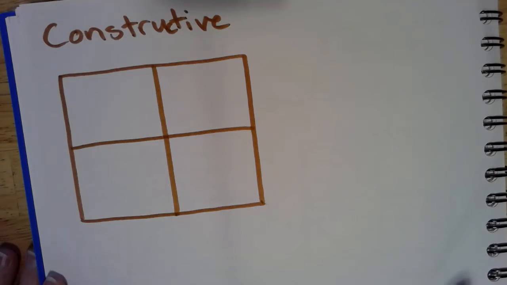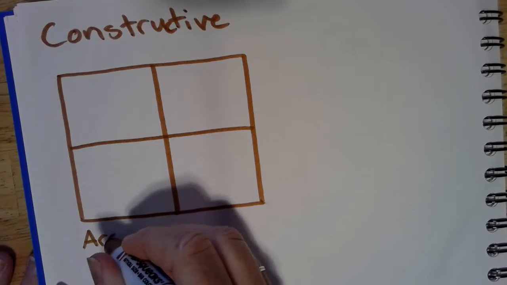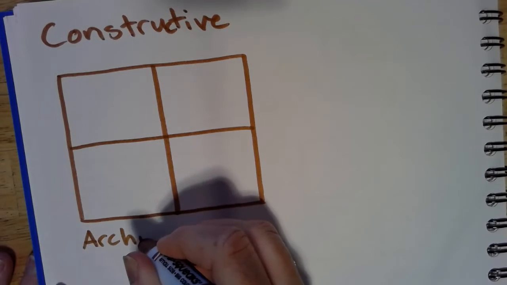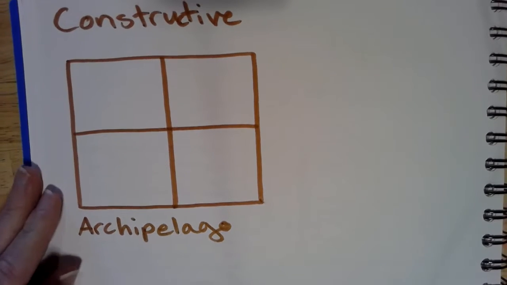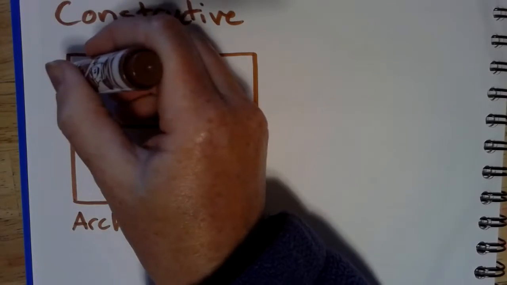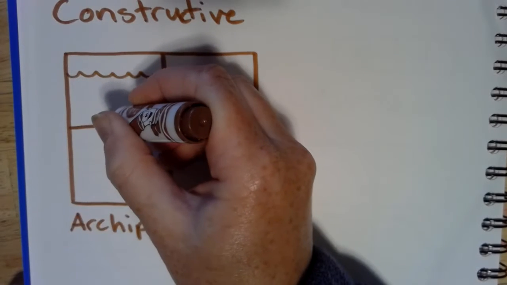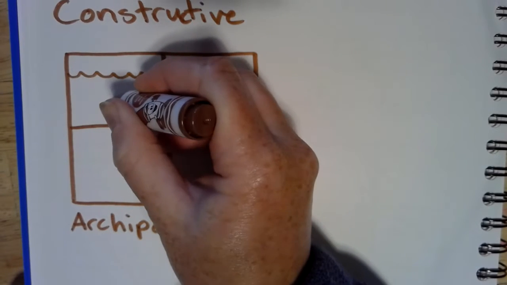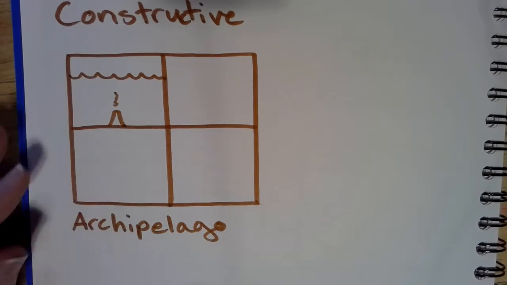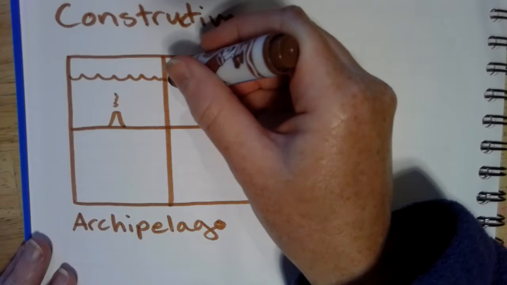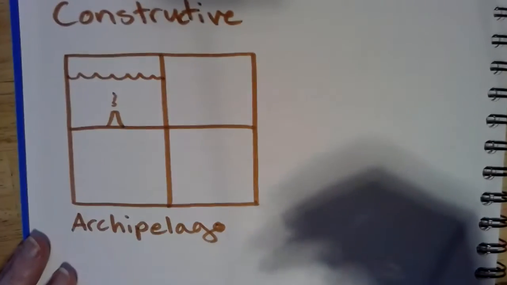And the first one we're going to look at is an archipelago. Now, an archipelago is a collection of islands that arise from the bottom of the sea. So let's have the sea right here, and it starts with an ocean vent at the bottom of the ocean. Super hot. Only certain animals live around it. Certain animals that like it hot and eat the algae that bloom off of this type of